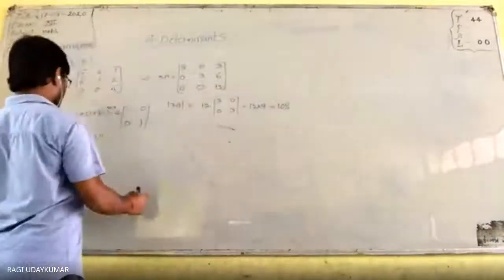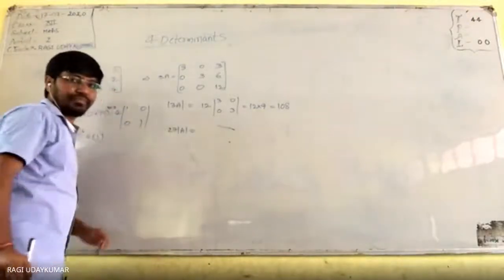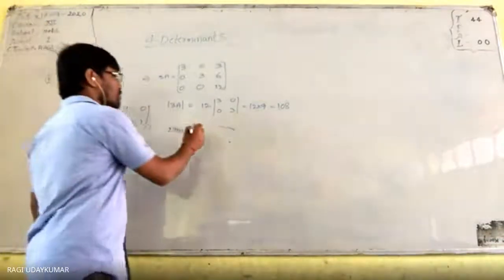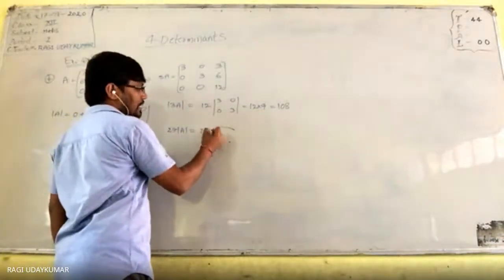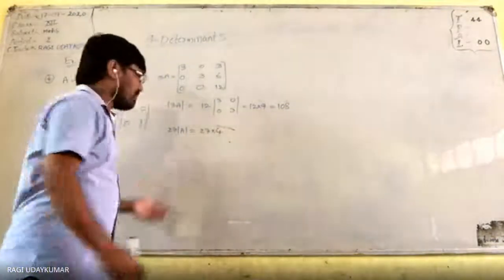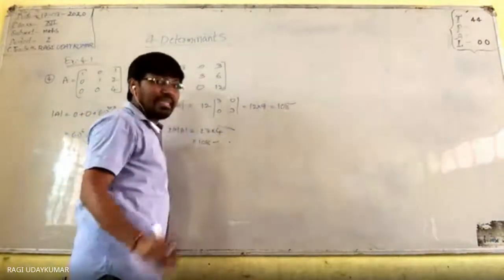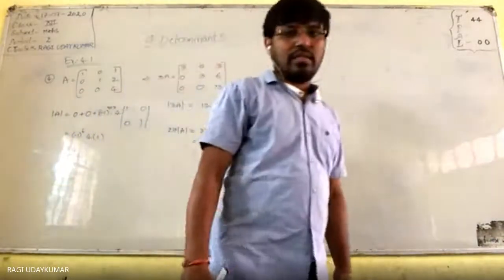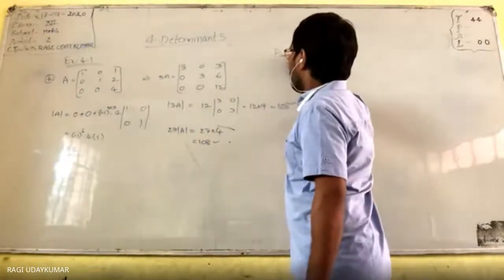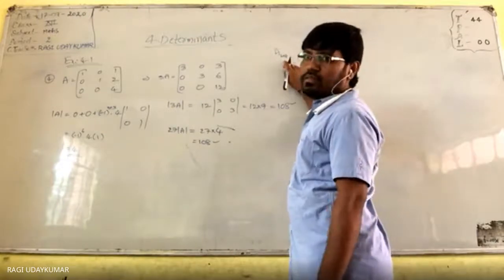So now here if you see, you multiply 27 into determinant of the matrix A. 27 into determinant of the matrix A will be equal to 27 into 4. 27 times 4 is also 108. This is also 108. So here you need to observe one thing. If A is of order 4 by 4 matrix, A is of order 4 by 4 matrix.